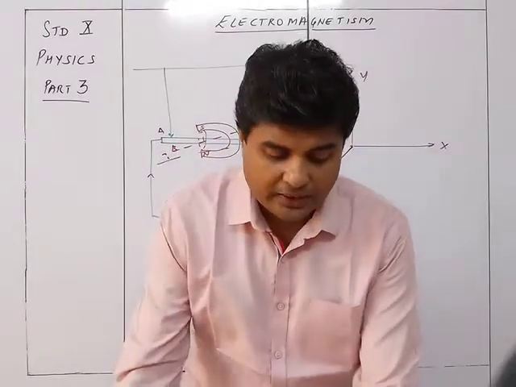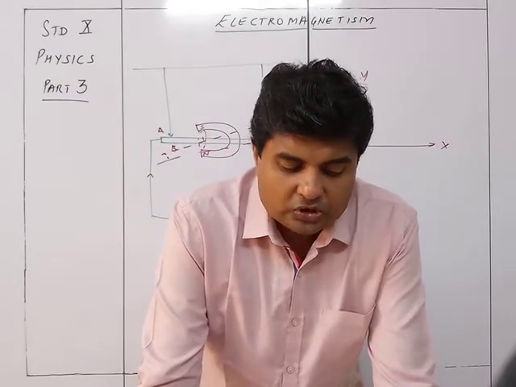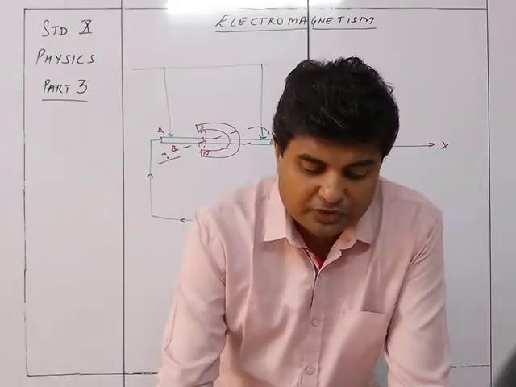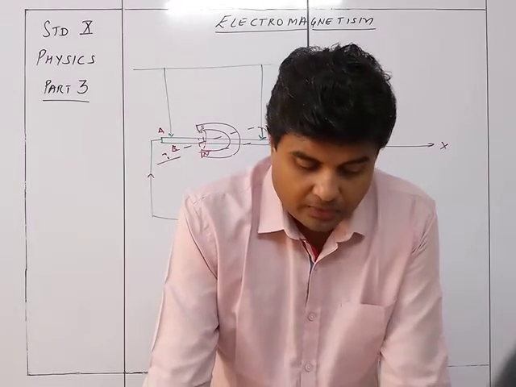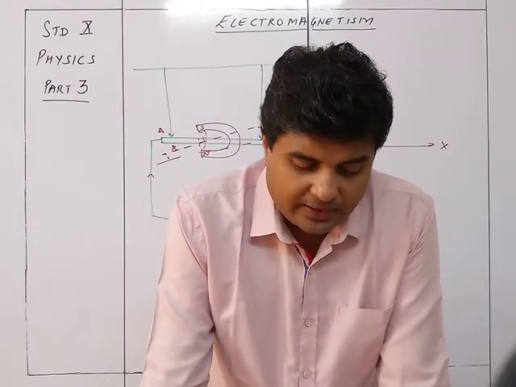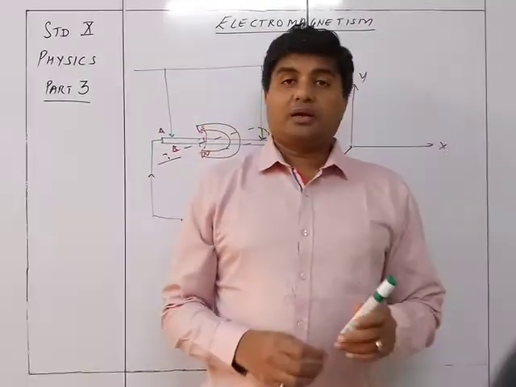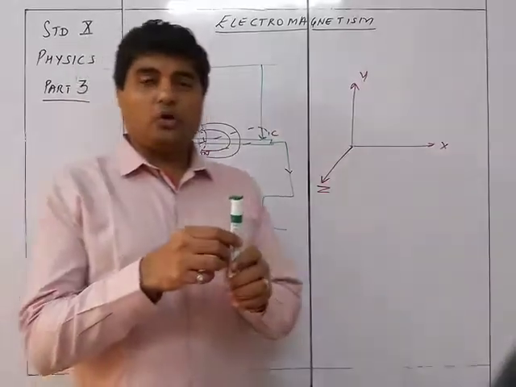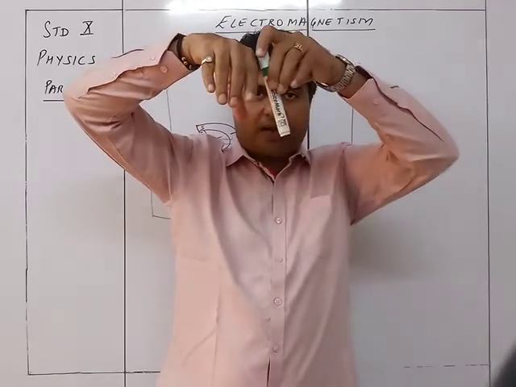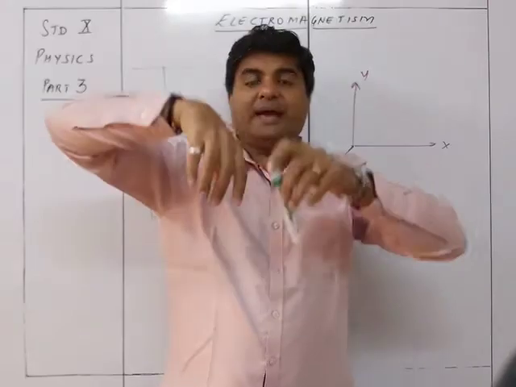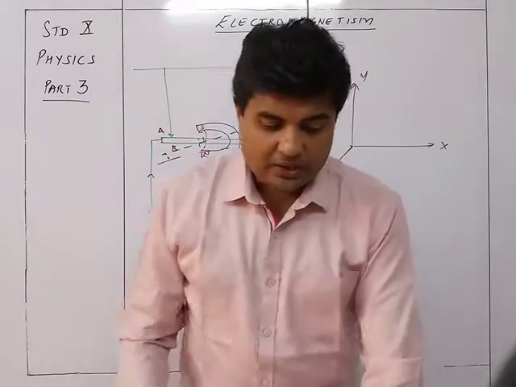So if the wire is short, and the direction is parallel to the direction of the magnetic field, then no force. If the wire is short enough and is placed between the poles of the magnet with its length AC in the y direction, such that the current in it is in the direction parallel to the magnetic field. So if the wire is short and made to be like this, with the magnet over here, you have placed it in the direction parallel to the north-south direction of the magnetic field.